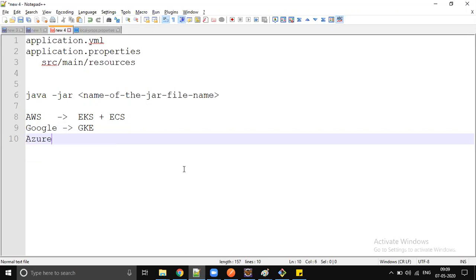So similarly in Azure, we have a service called AKS, Azure Kubernetes Service. Right? So we don't know, this is completely a project requirement, a deployment plan. There might be some comparisons. Maybe the things will work in the same way. The naming convention would be different, the configuration would be different. But this is what is going to be happening in real time, right?